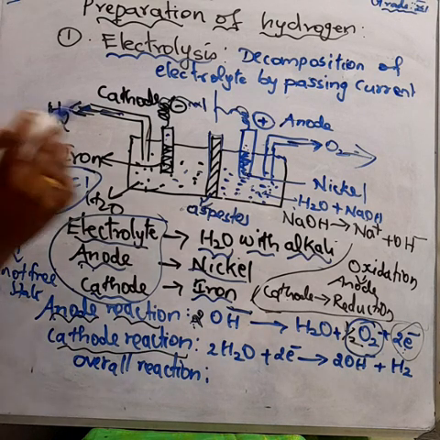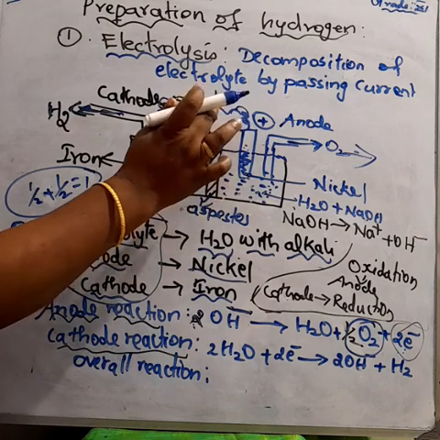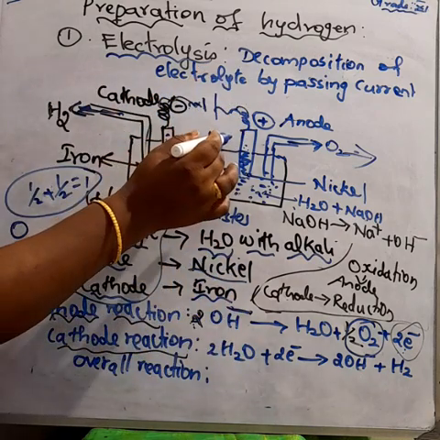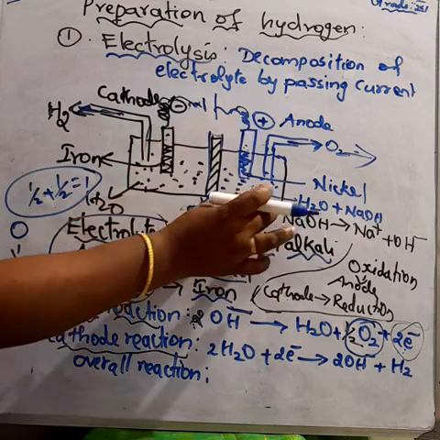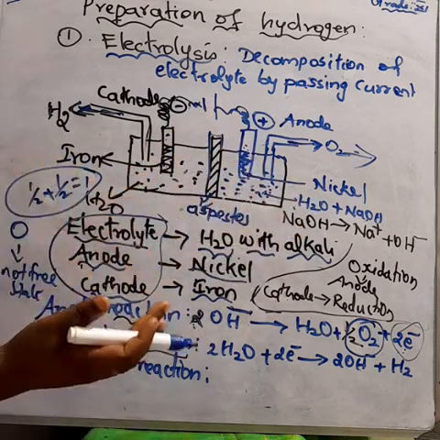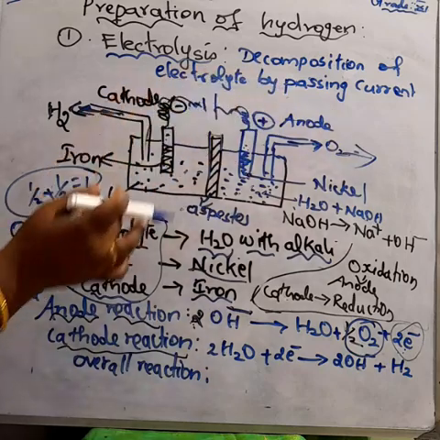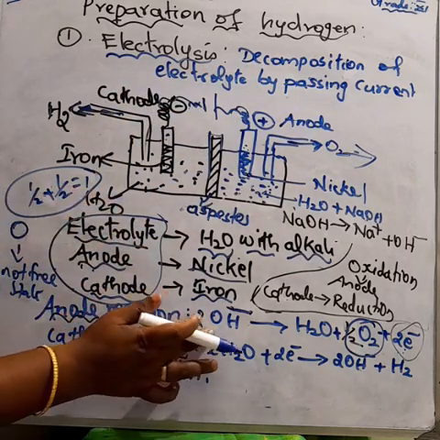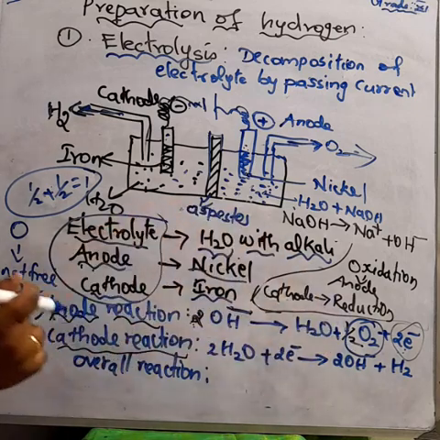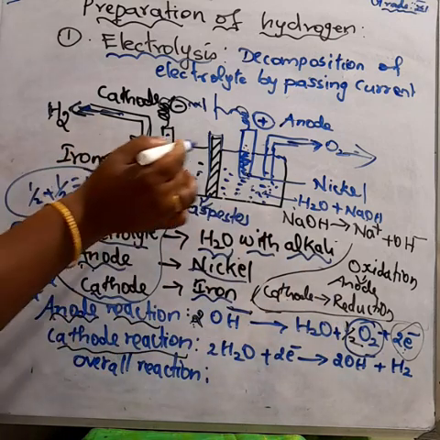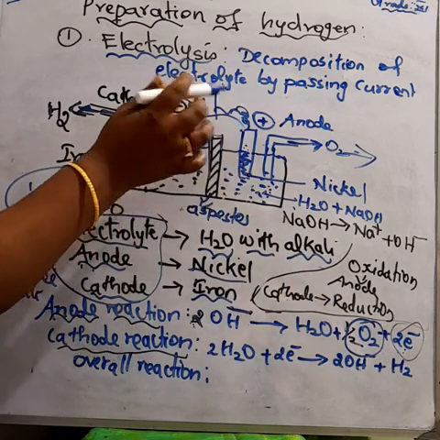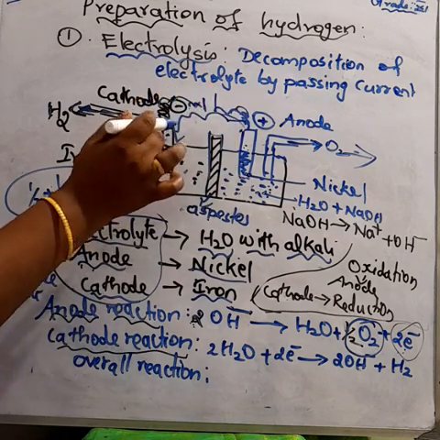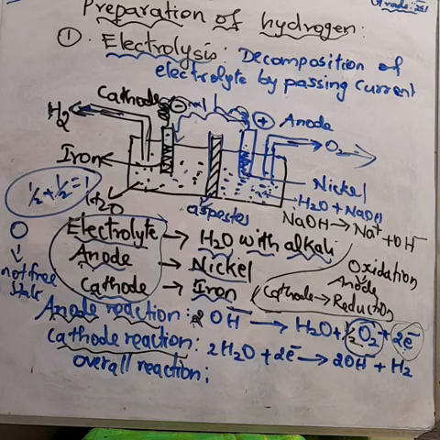at the anode, oxidation takes place. Oxidation means loss of electrons. So by the alkali, oxygen gas is evolved at the anode, and the alkali, meaning the OH minus ion, releases 2 electrons. These electrons enter into the cathode. When they enter the cathode,